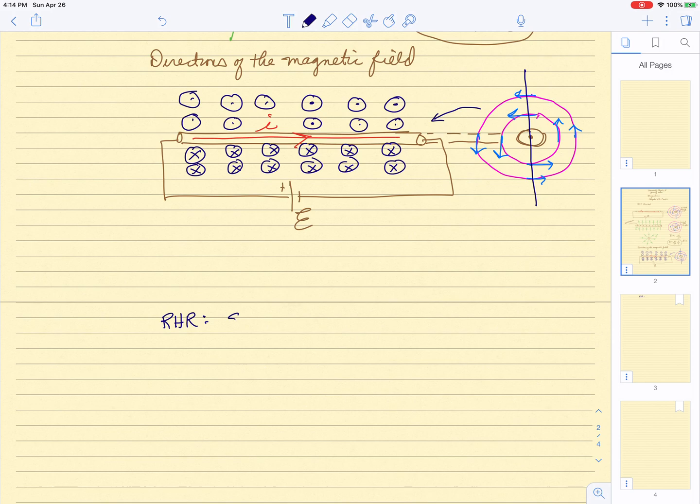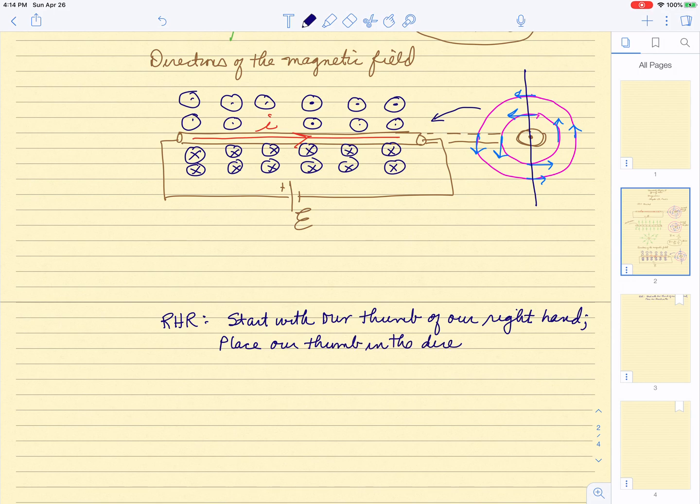This time we start with our thumb of our right hand. We place our thumb in the direction of the current,